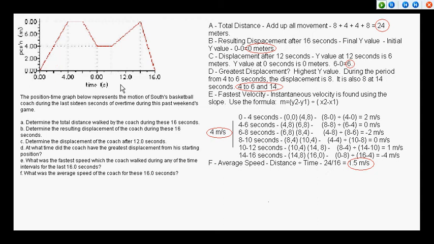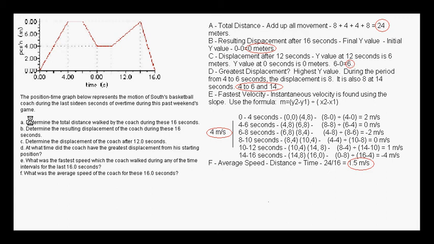So the x-axis on the graph is time in seconds, and it goes from 0 seconds to 16 seconds. The y-axis is position in meters, and it goes from 0 meters to 8 meters. The red line is representing the basketball coach's motion, and it's representing how far he goes and how fast he goes. So, the first question is asking you to determine the total distance walked by the coach during these 16